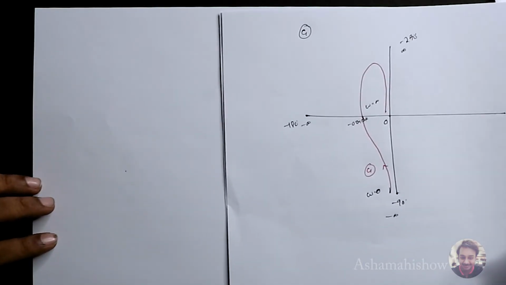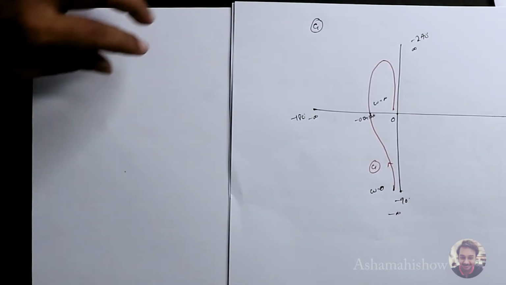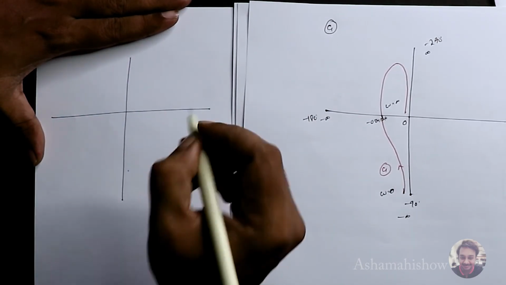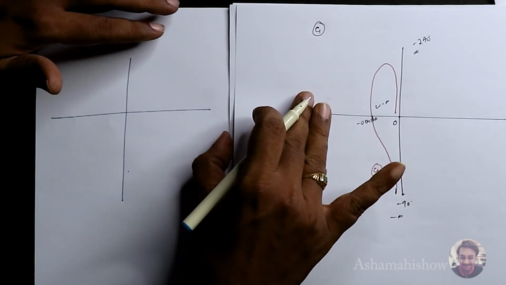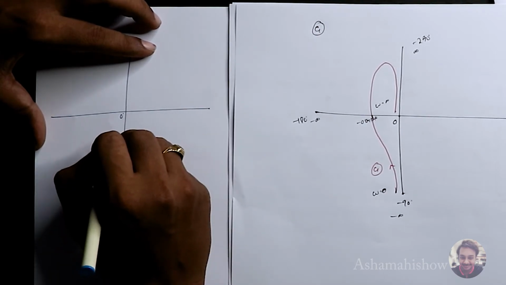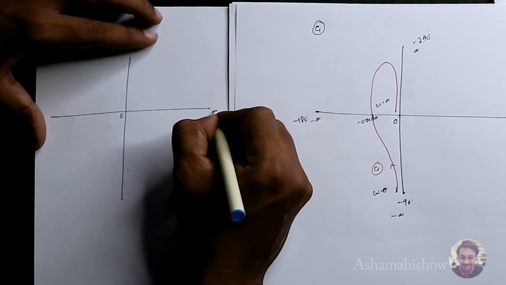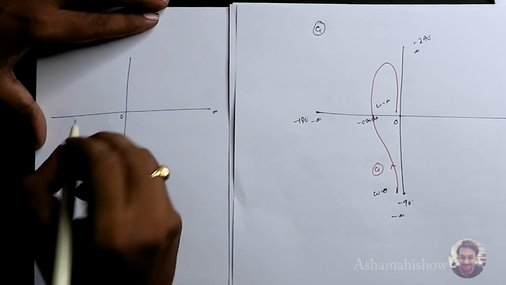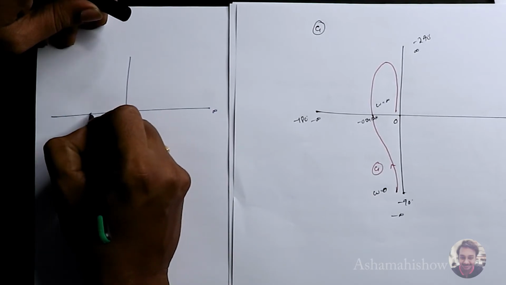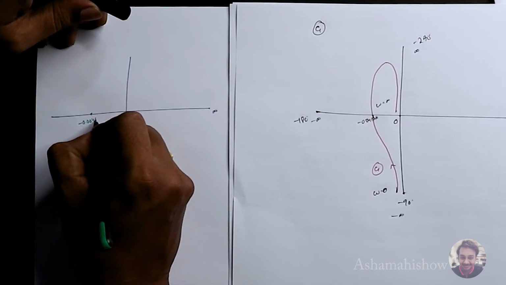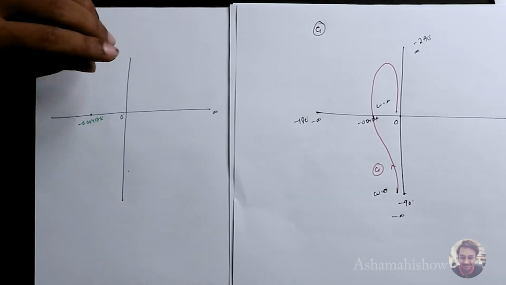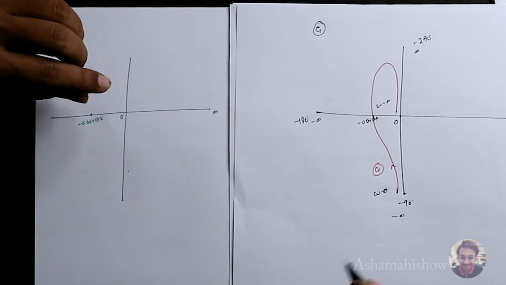I'll keep this one aside and I will draw. See clearly. First of all, I'm making it a bit smaller. So this is your 0, and this is infinity. Mark your crossing point beforehand to avoid misconception: minus 0.00417k, right? This is your crossing point. Now I'll use different pens for easy understanding.